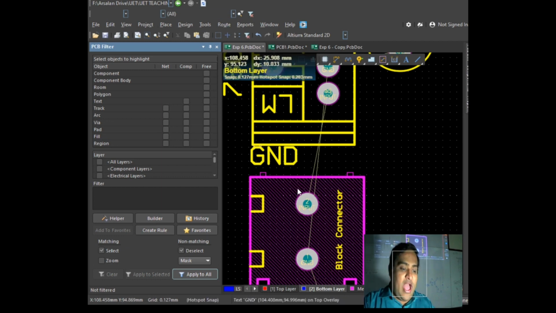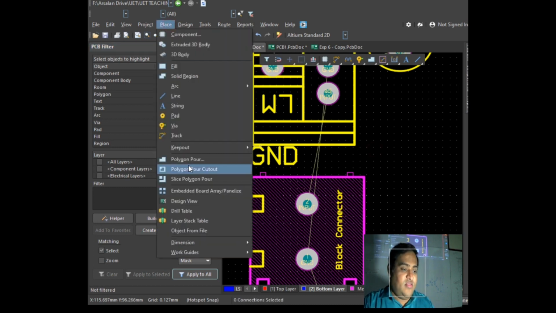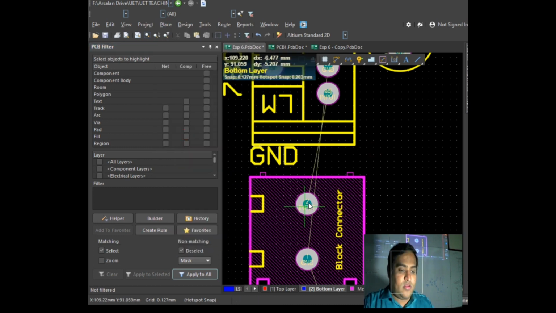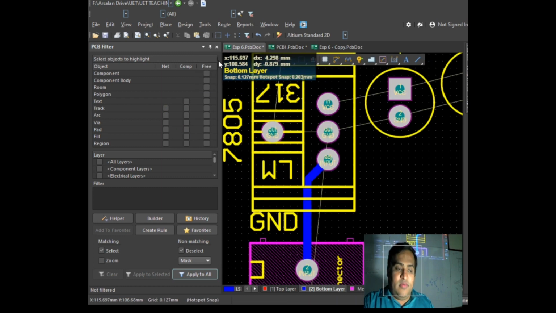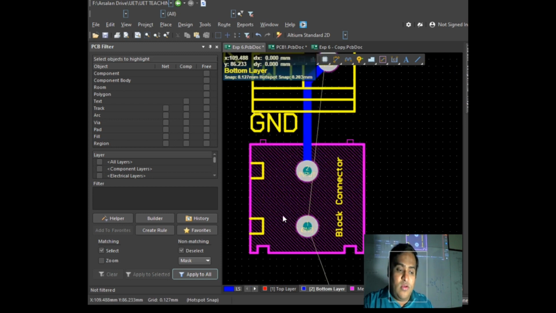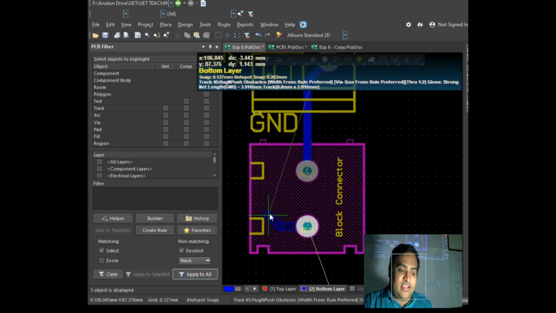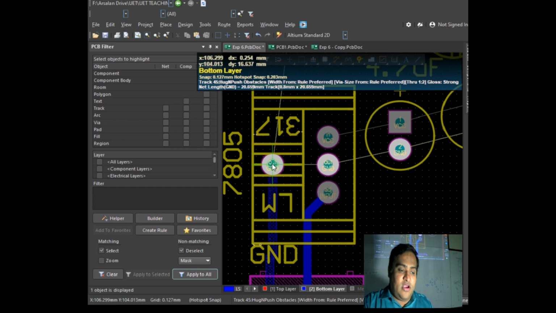So I can now have a track from this point. So this is Control W. Let me just have it, Control W actually. This is place track from here, and I can connect it with this one. Similarly, if I want to have a track connected to the ground, this is ground, I can take it backwards like this, and I can bring it to